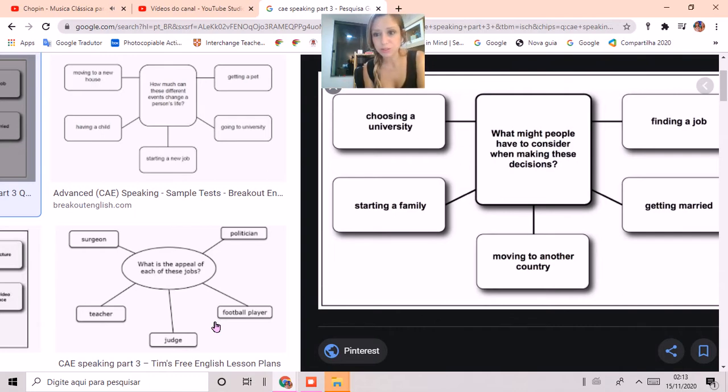And then on part 3, which is the part we are going to talk about today, you are going to work with your partner, friend, or the other CAE candidate that is going to be there, and you are going to do this together. So that's why this part is called the collaborative task, okay? And you're going to collaborate with one another, and you're really going to work together trying to answer the question there in the middle and trying to reach a conclusion together, okay?